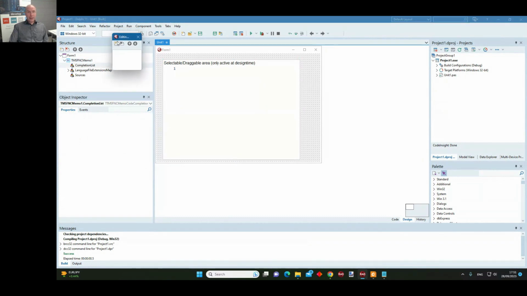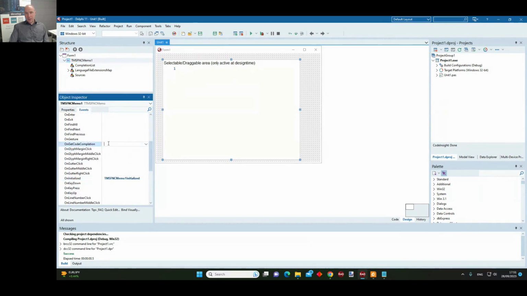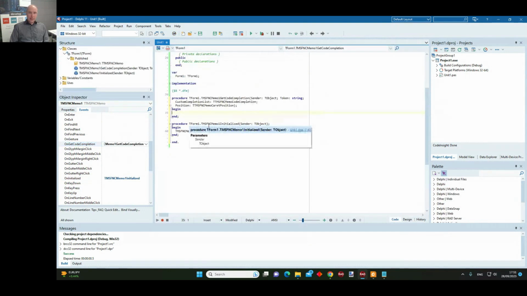So here is a list of words or methods or whatever that can be auto-completed, that you can programmatically add through this list, but you can also do it through an event, and that is to do it dynamically in code. And that means that when the memo wants to auto-complete, it will trigger the OnGetCodeCompletion event.